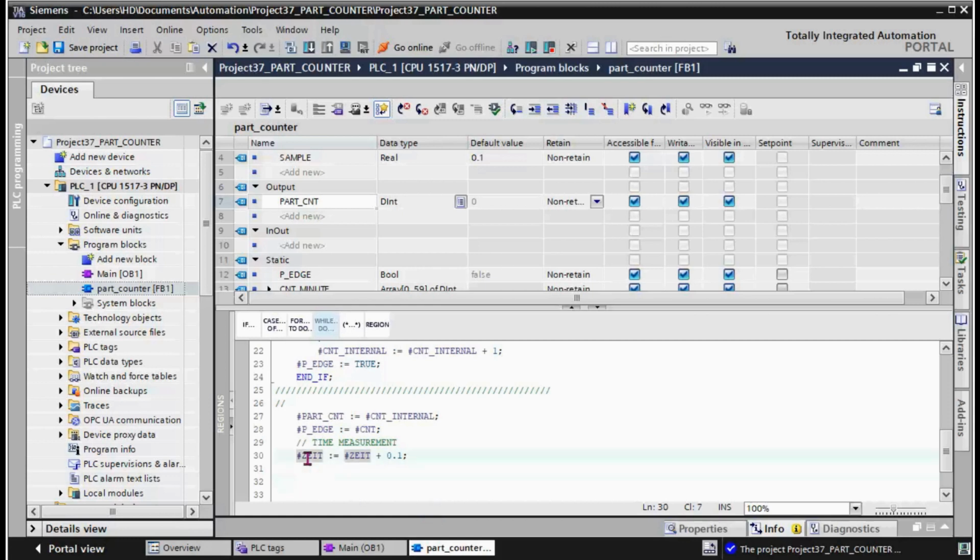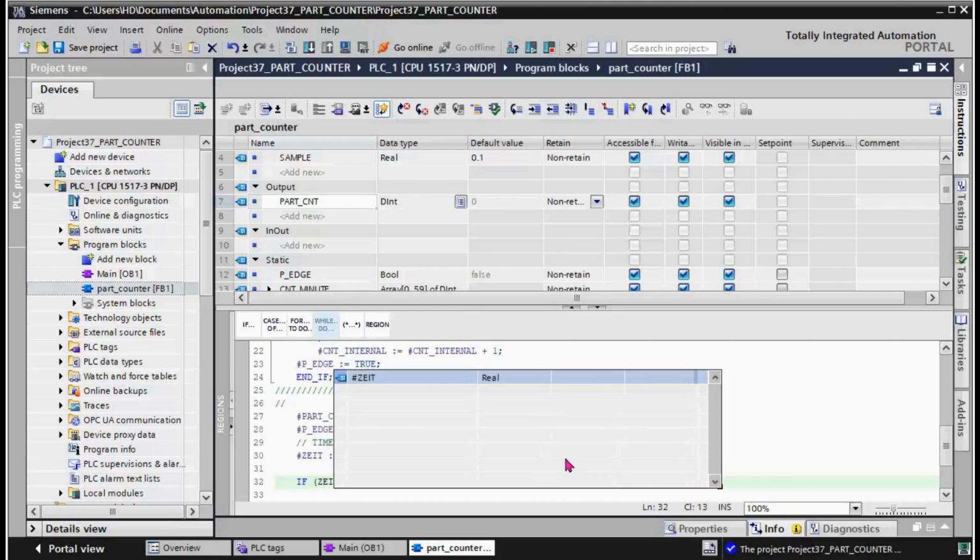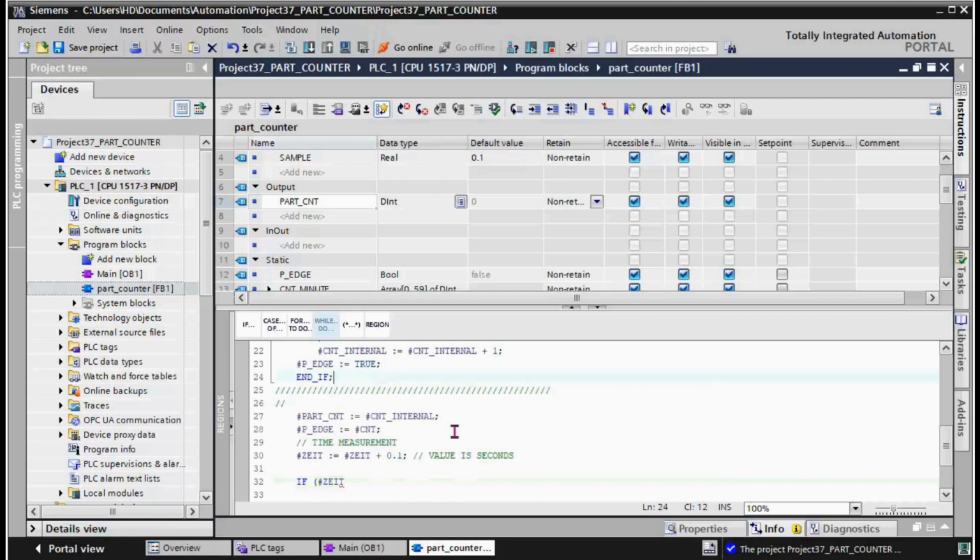This parameter is measured in seconds, value in seconds. If this value is more than 60,